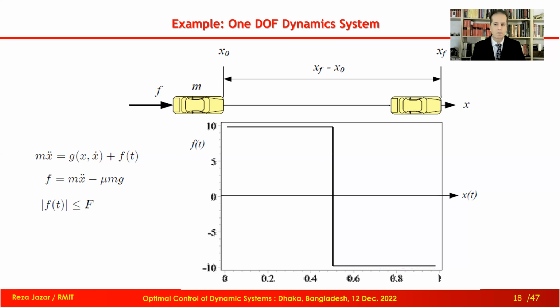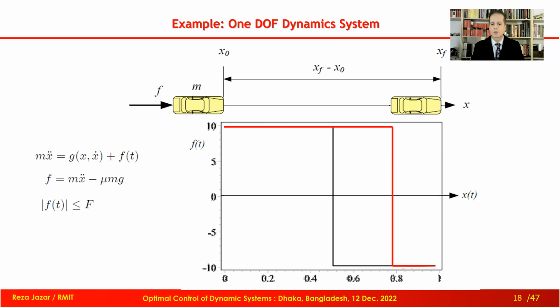Now let's assume that there is some friction. Friction helps to brake the system. So instead of switching from maximum to minimum force at the center, we must force the mass a little bit more than the center, because when we switch to braking, the friction is helping us to stop the system. So depending on the friction value, the point of switching, you understand switching is when force is switched from one saturation value to the other saturation value. This is one solution with friction.